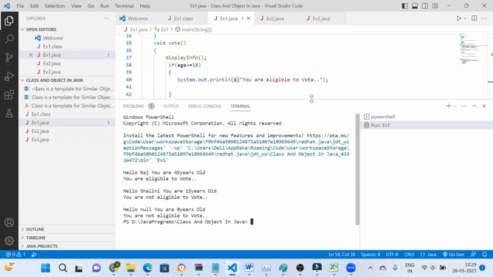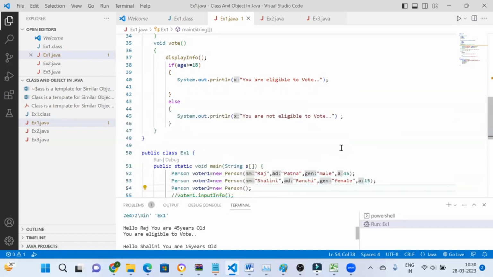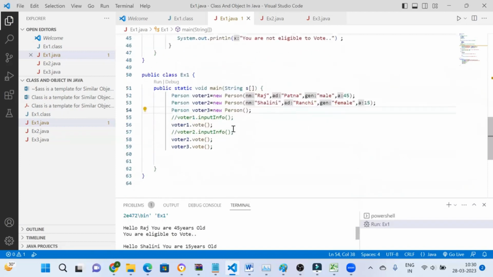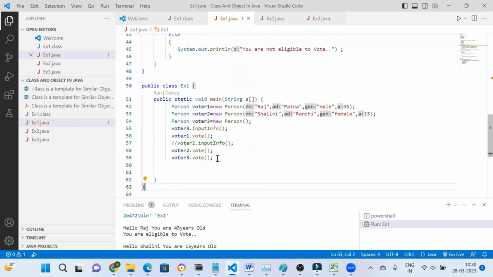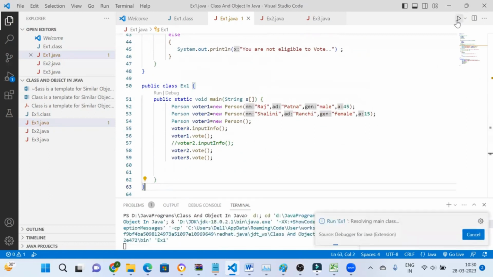So in this case, what we have to do is, in such situations where we do not pass any value, we take input from the user. Suppose we create an object and that object has no value passed at the time of creation through the constructor. We have called the default value. So in those situations, we have to call a function to take the input from the user. So we'll call this function, and this will take name, address, gender, etc. from the user, and then it will properly run the program. So now if I run the program,